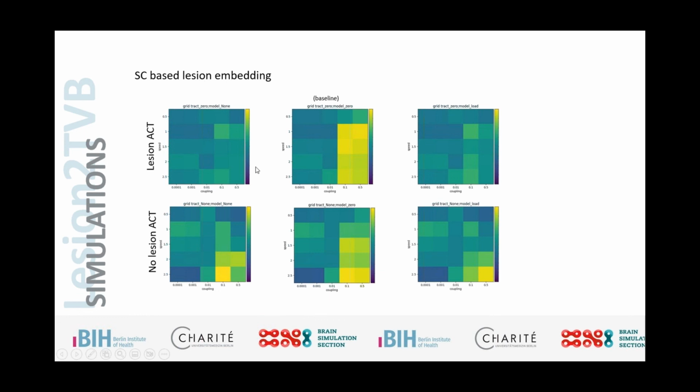But then if we look at the validation, correlating the time series that we simulated with, for example, the combination of the global coupling and conduction speed, and how the correlation looks in this grid search with the empirical FC matrix from the empirical functional MRI data, we see a significantly different pattern. So the interpretation of what the combination of conduction speed with global coupling actually means significantly depends on our decisions